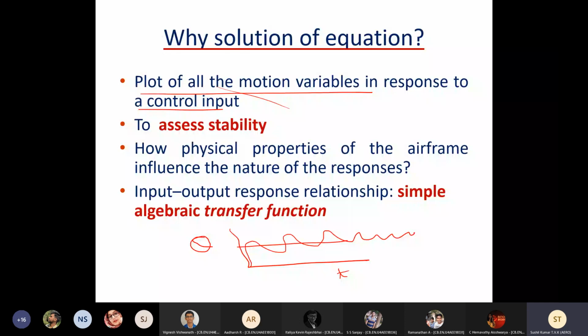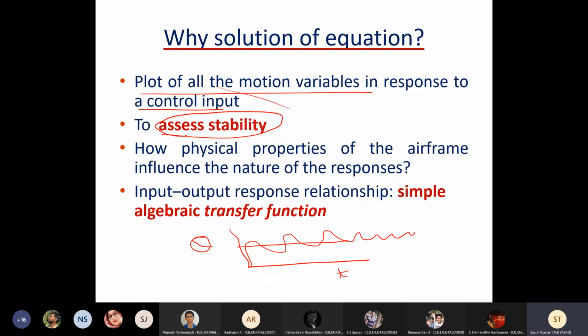Now we will have to see what goes inside this block and how we are going to solve it. And now the next question you will ask is, okay, fine, you want to solve it, what do you gain from it? We want to see whether it is stable or unstable. This is exactly what happened in many cases in your avionics lab. You found that theta was uncontrollable, started diverging in many cases, and you tried to control it. But that was possible because you knew that it is diverging. With real life aircraft you can't take a chance before it flies. So you have to assess the stability of the aircraft even before the prototype is built.